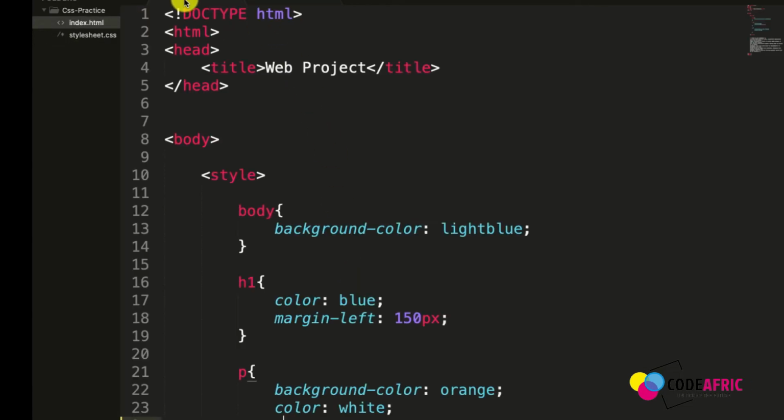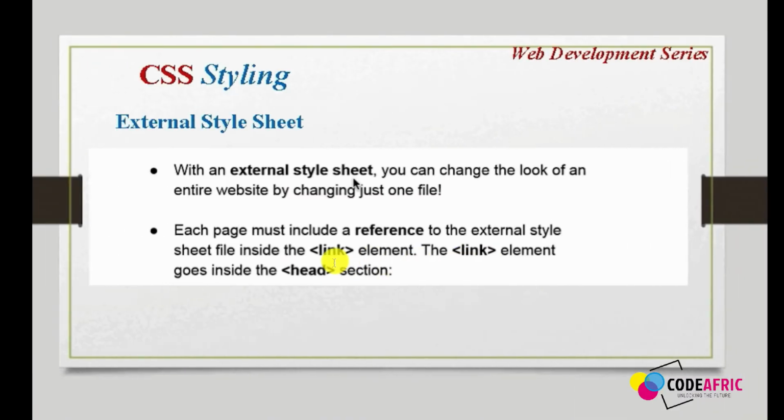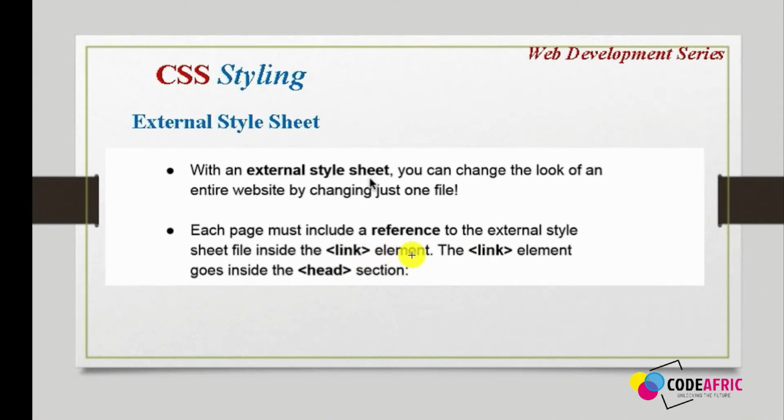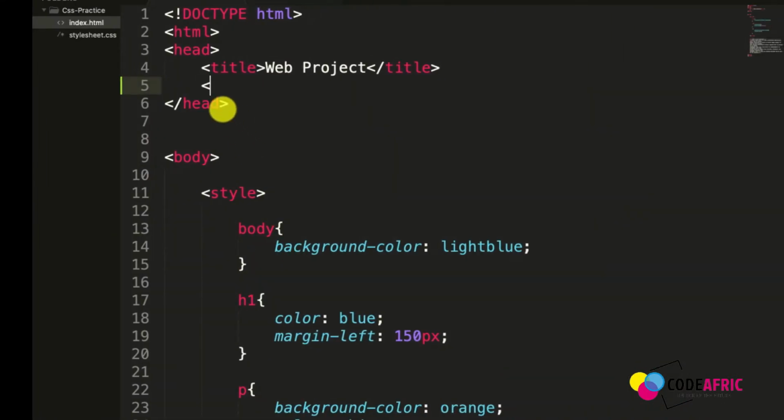What we are going to do from here is link this style sheet inside the head section. This is the head section, with the open tag of the head and the closing tag of the head. We are going to link it inside this place here. To start with, we need a link element, or a link tag, and the link element goes inside the head section. It's very simple. All you have to do is type